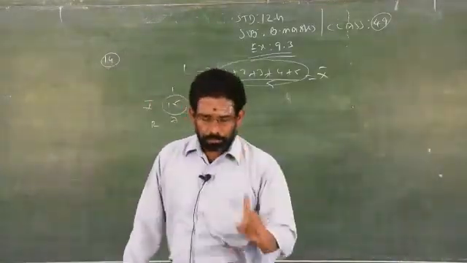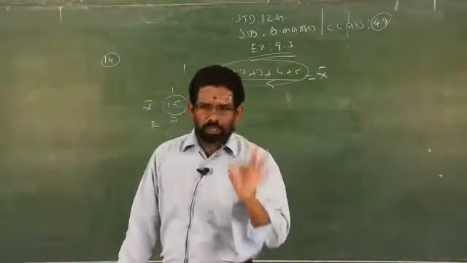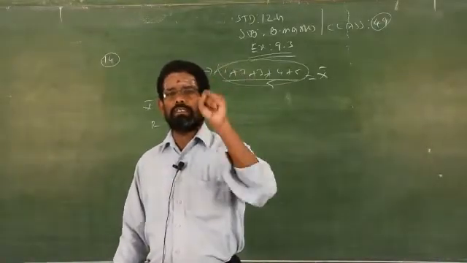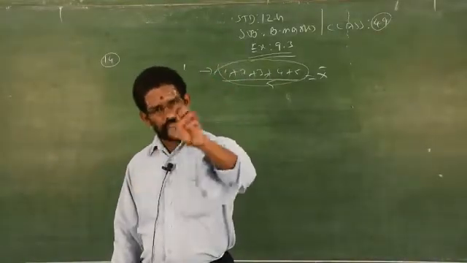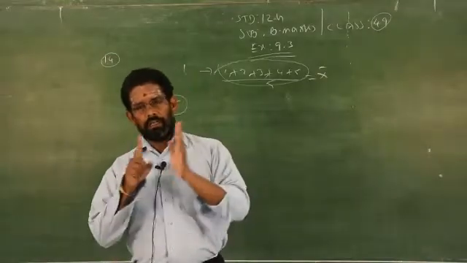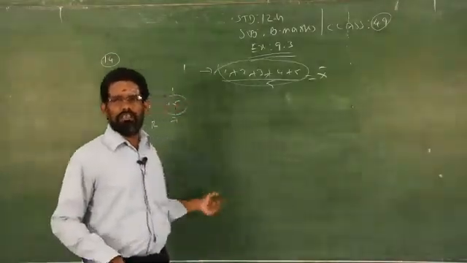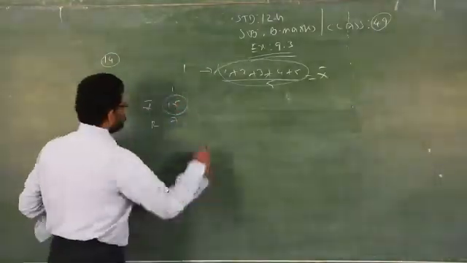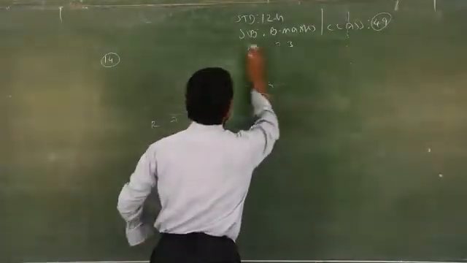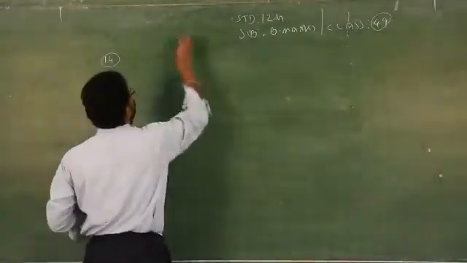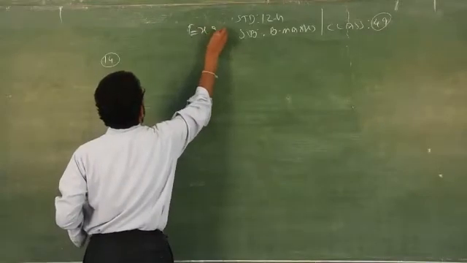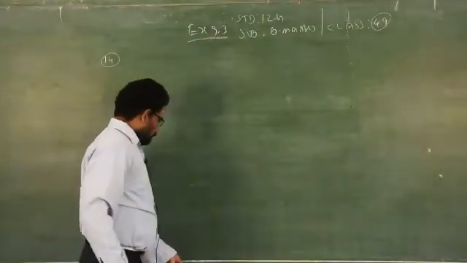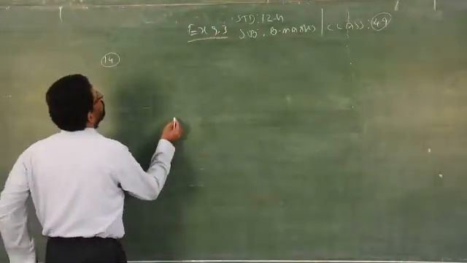Clear? So don't take it that only one sample is there under sample number 1, not like that. Sample number 1 means that is a machine. In one machine they are taking how many samples? 5 samples. Similarly the second machine 5 samples, third machine 5 samples. Their mean and range are given straight away. Clear? So now you have to work it out to find the control charts.